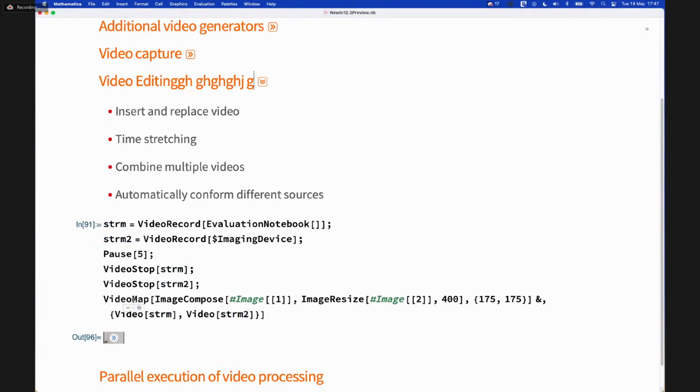Now, while I put that in for demo purposes, the idea of composing videos as editing in the kind of movie maker way is easy to understand. It's an example that we can immediately see what's happening. Really, the value of this combine multiple videos is on the analysis side. There are situations where what you need to do is to take 2 video sources and then compute from those. An example might be if you have 2 viewpoints on a single scene with 2 different video cameras, you can compute geometric information about where the contents of the image is in 3D space. So in order to do that, you have to have 2 synchronized sources of video that you are simultaneously taking information from both in order to do some kind of